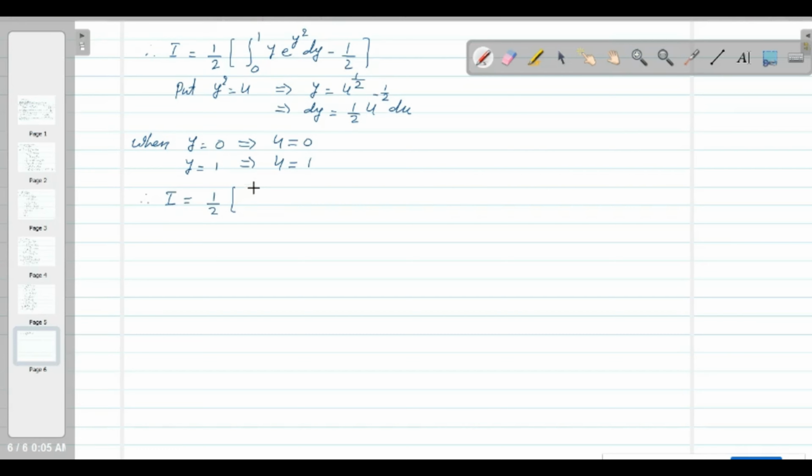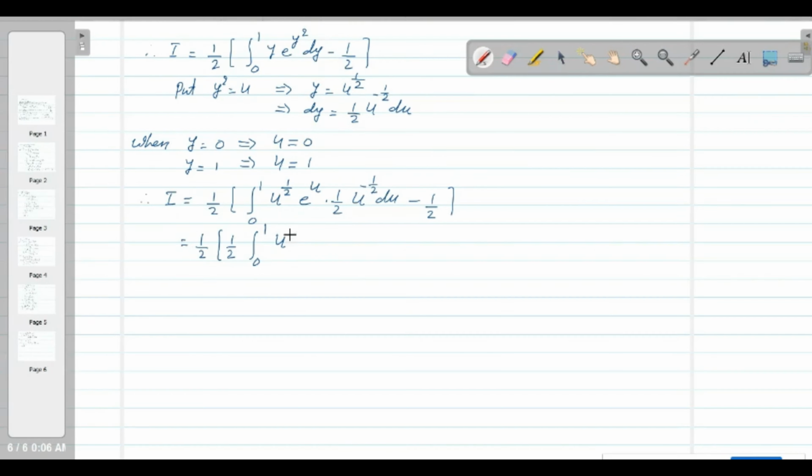1/2 ब्रैकेट इंटीग्रेशन ऑफ लिमिट 0 to 1 सेम है। अभी y के प्लेस पे हमने u रेस टू 1/2 रखा है। ओके, y equal to u raised to 1/2, then e raised to y square is u, dy is 1/2 u raised to minus 1/2 and du। ये तो इतने का हुआ और बाद में -1/2। एंड दिस इक्वल टू 1/2 एज इट इज। एंड देखिए u रेस टू -1/2 और +1/2, यहाँ पे 0 हो जाएगा और ये कांस्टेंट है तो कांस्टेंट वाले को मैं यहाँ पे लिखूंगा।